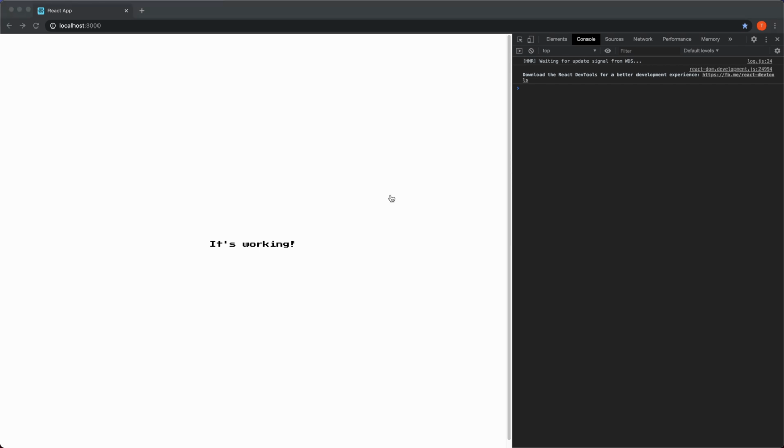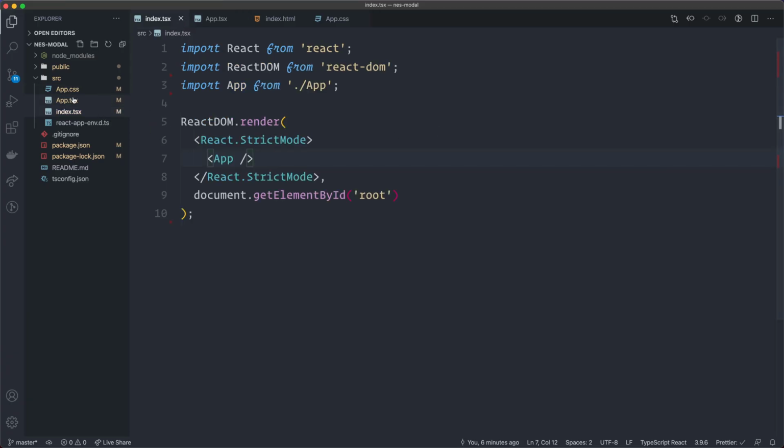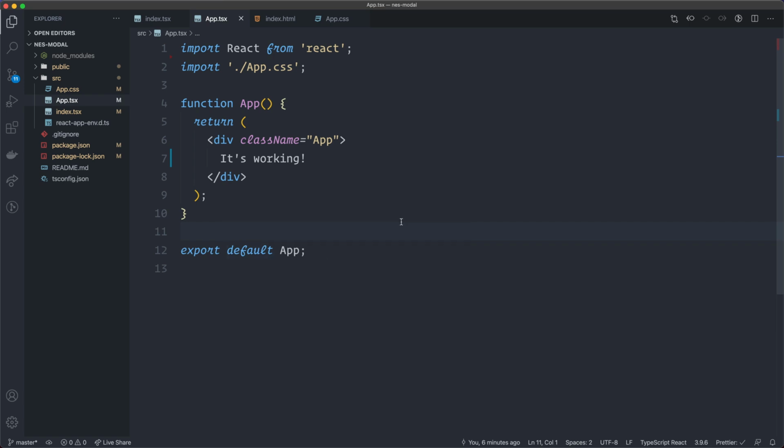Go back to the code editor and the index is finished. But in the app.tsx, I'm going to create some stuff here because the app.tsx is the base component for this little application. And then I'm going to create two more components. I'm going to have one modal component and one that's called modal content that's going to hold the content in